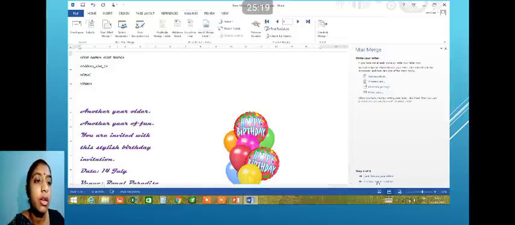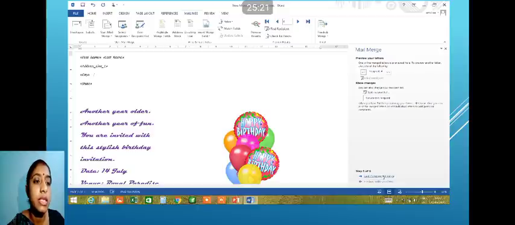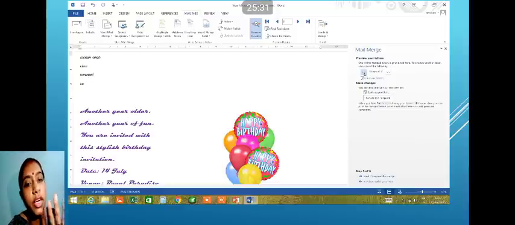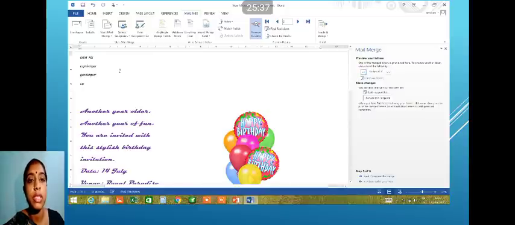Now I will click on preview. Next. Now you can see the first name, it is showing with the last name. Here you can see recipient 4 written. So the last name is showing recipient 4 because we have just created 4 recipients. In the list we have entered only 4 names. So 4 is showing. As you click on the arrow buttons, you can see it moving to the next one.